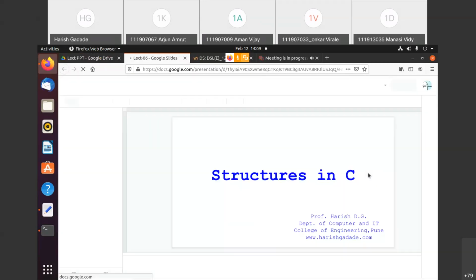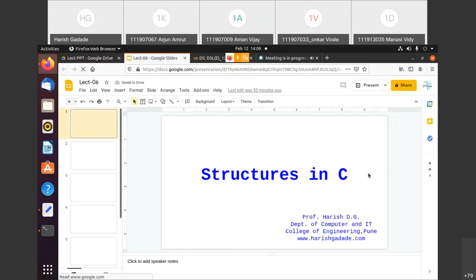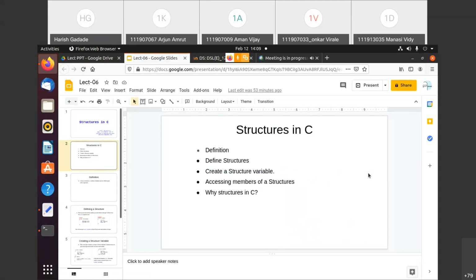Okay, now next we'll see structure. Once you understood the concept of array, then structure is the same. Whenever we go for the definition, these are the points I'll cover. The definition of the array, we said, is a collection of elements with similar data types.